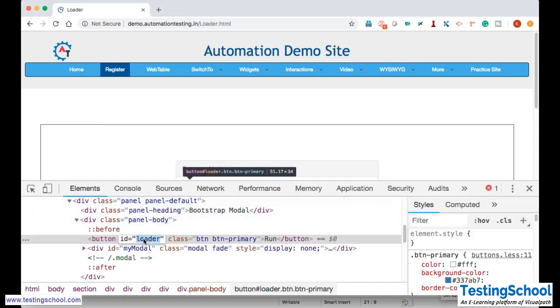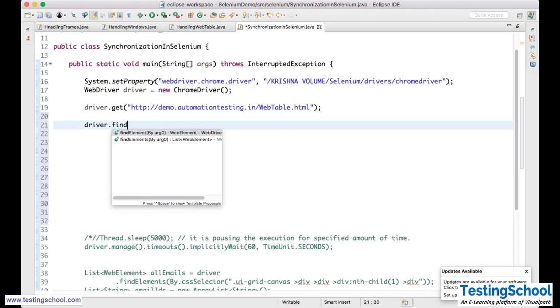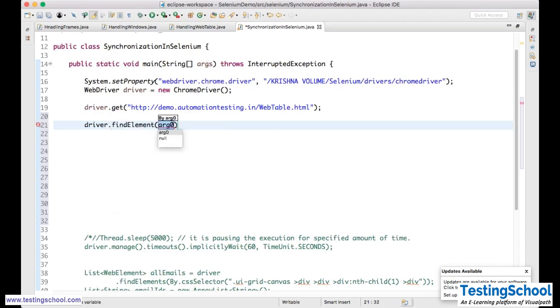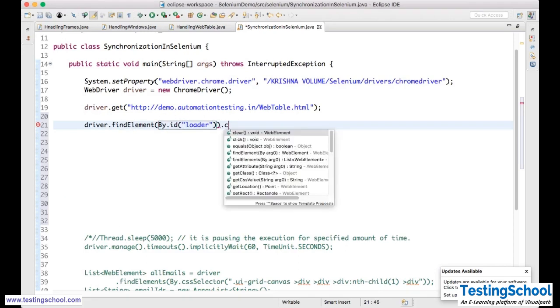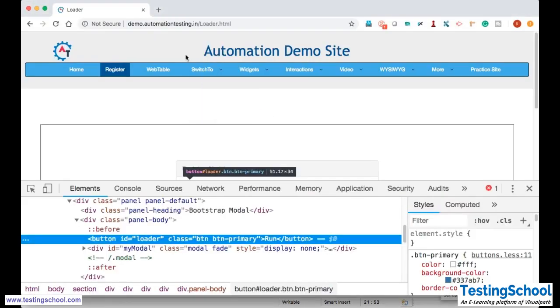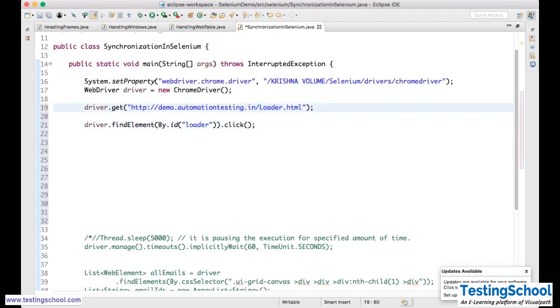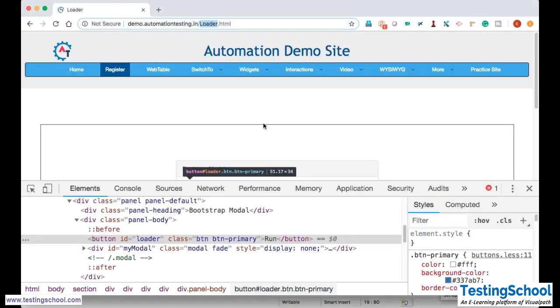I have an ID called loader, so I'll use that loader. Driver dot find element by dot ID, loader dot click. Okay, and this is loader dot html, the URL. Okay, the moment I click,